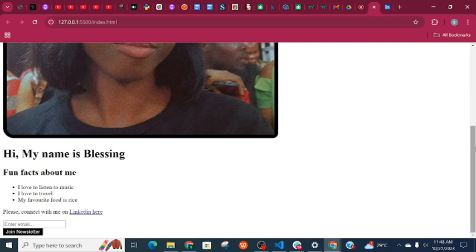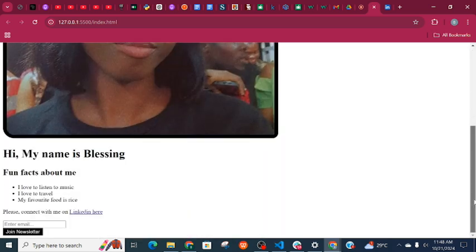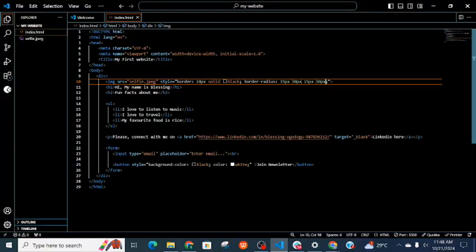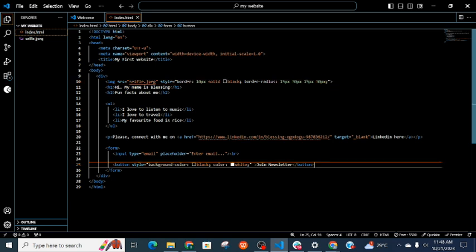So there's what we also call... I don't know if I should work on it here. Okay, I'll show us on the next one. So this is inline styling. Inline styling is within the tags. So what we call the next one